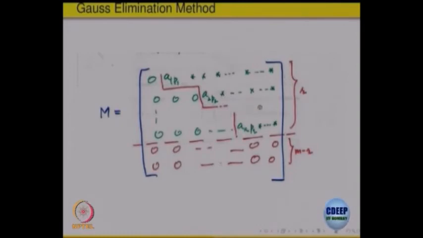We are only describing which place it has the non-zero entry. For the first one it comes at the P1th column, this is the P1 column. For the second one it should not come on the left side, it should go somewhere on the right side. So, it comes at a place numbered P2. So, the column for the second row is P2, where the first non-zero entry in that row occurs, that should be on the right side of P1 and so on. So, in the rth one it comes at some place, and we do not know what the remaining entries are, we are not bothered about them either.